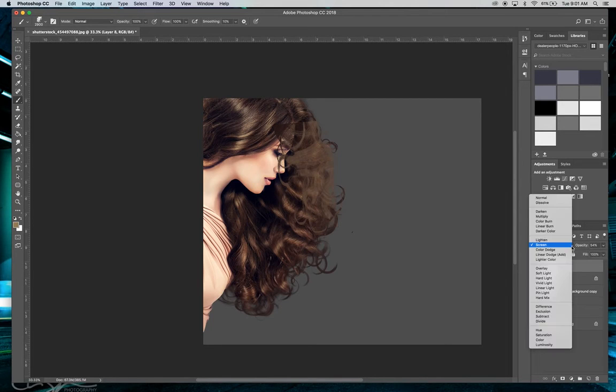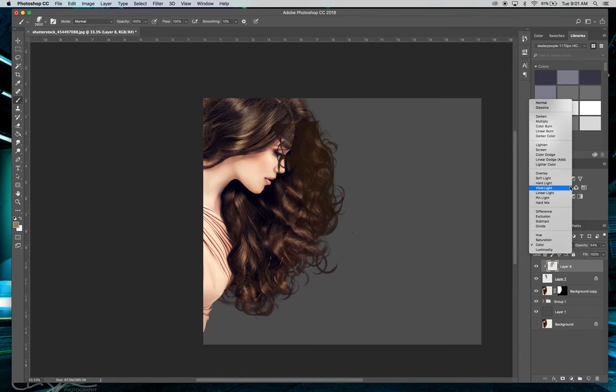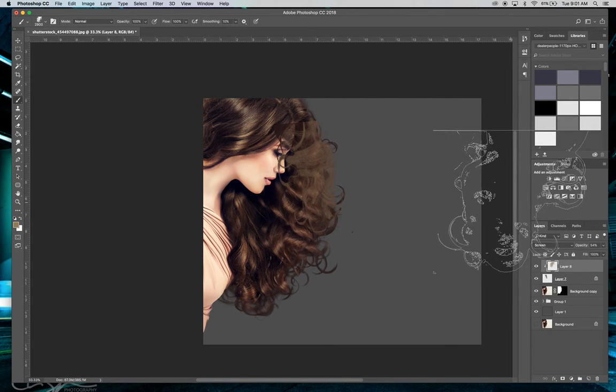The screen's not working for me either. Let's try color. That's going to make it darker. Soft light should have worked. All right, let's just keep it on the screen. Let's keep it. And now you're going to take an eraser, and we're just going to feather it out. Get rid of some of this. Not a lot, but